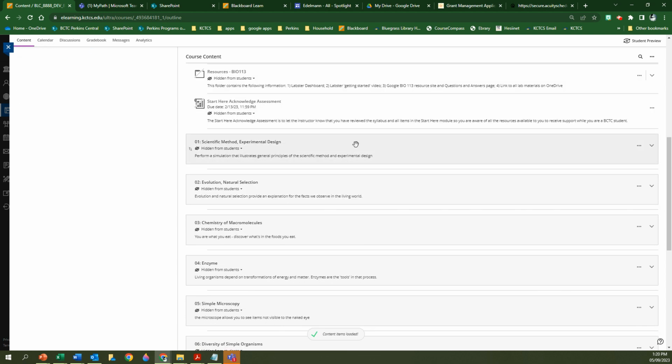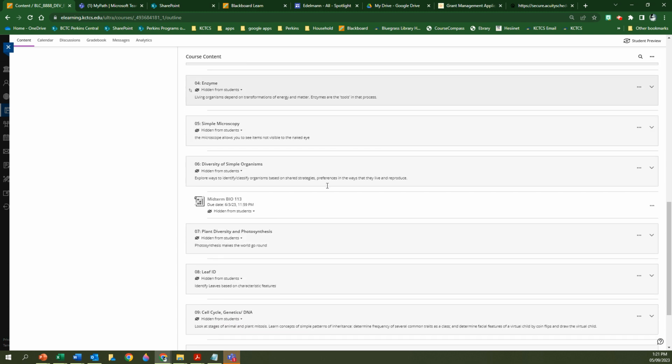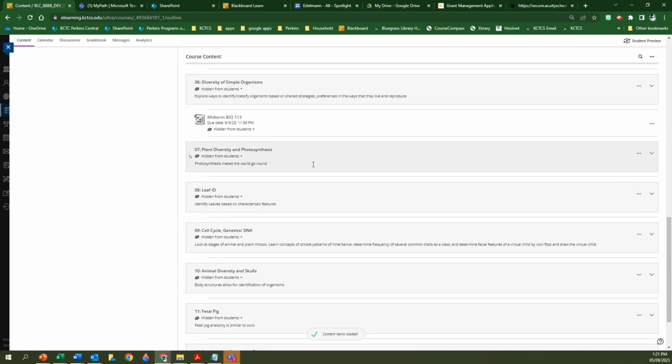Then you have a bunch of different modules. They're numbered in the way that I taught them last time. These modules change from semester to semester. So, for example, your plant diversity is going to be relatively late in the spring, relatively early in the fall. And if you're teaching it online, if I teach it online, it comes relatively in the middle, because that's about where I teach the